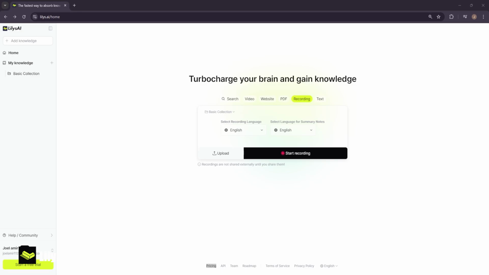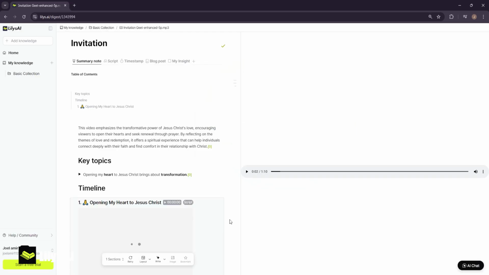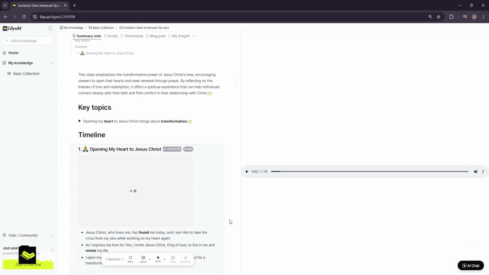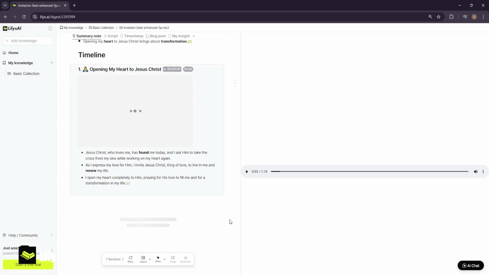Fifth function, recording. Imagine you're running a training session for your team in different time zones, recording everything for those who couldn't attend. Instead of watching the entire 2-hour recording, you can upload the file to a website with a built-in summarizer. In a few minutes, the system will provide you with a concise summary of the key discussion points, important questions,